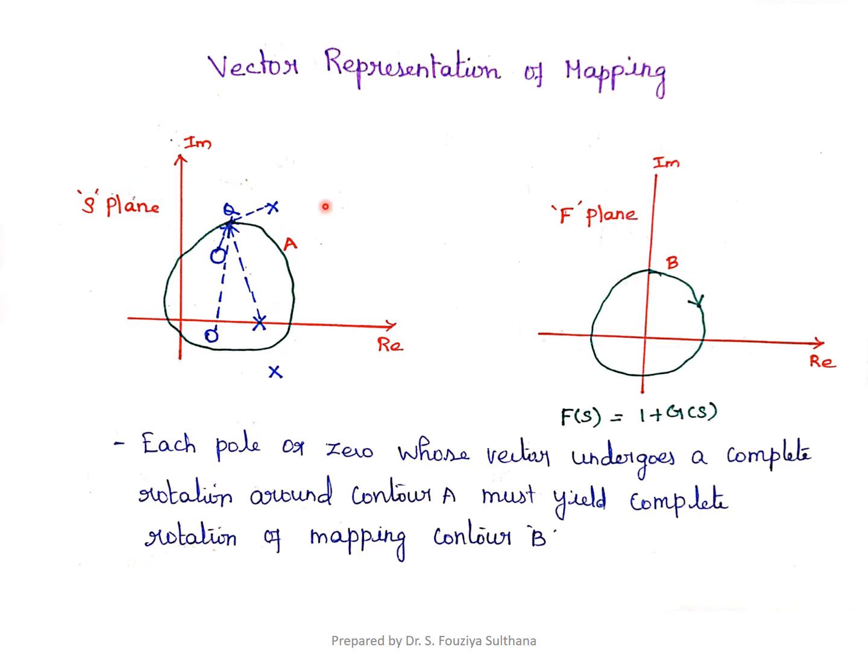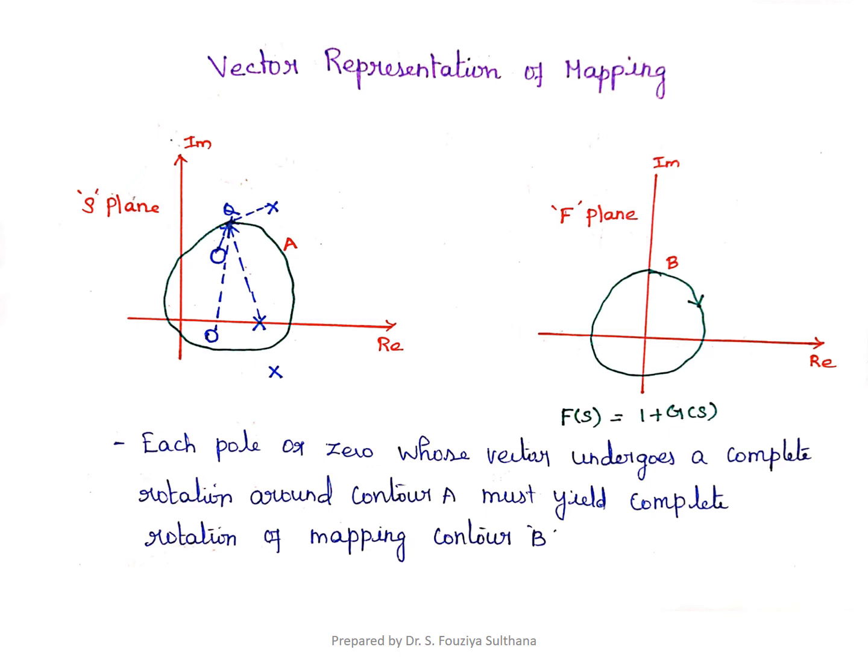As we move around the contour A, each vector here is a distance between a pole or zero to a point on the contour. So as we move around contour A, each vector drawn from a pole or zero inside the contour A will undergo a complete rotation. Meanwhile, the vector drawn from a pole or zero that lies outside the contour will oscillate, so it will not have any angular change. In this figure, one pole and 2 zeros lie inside the contour. So the net angular change will be in the clockwise direction with one rotation.